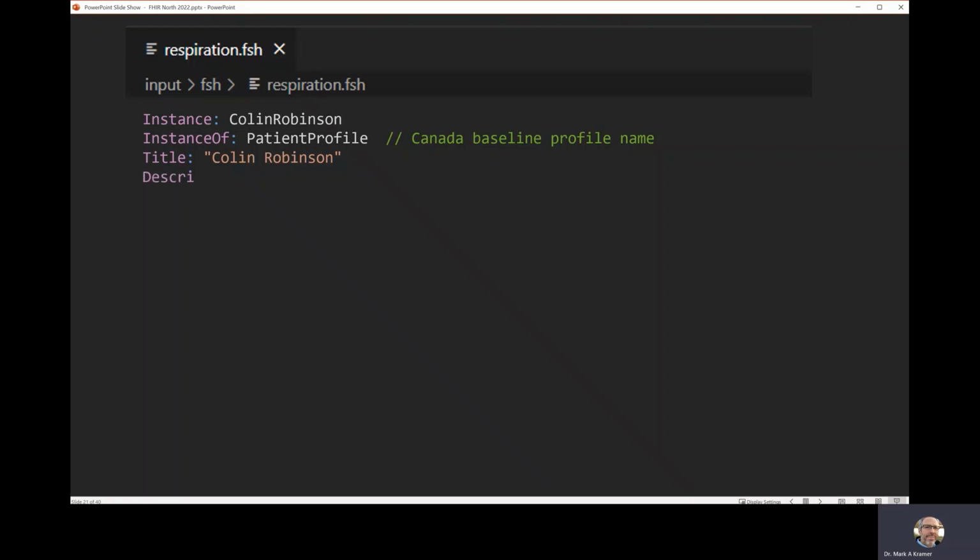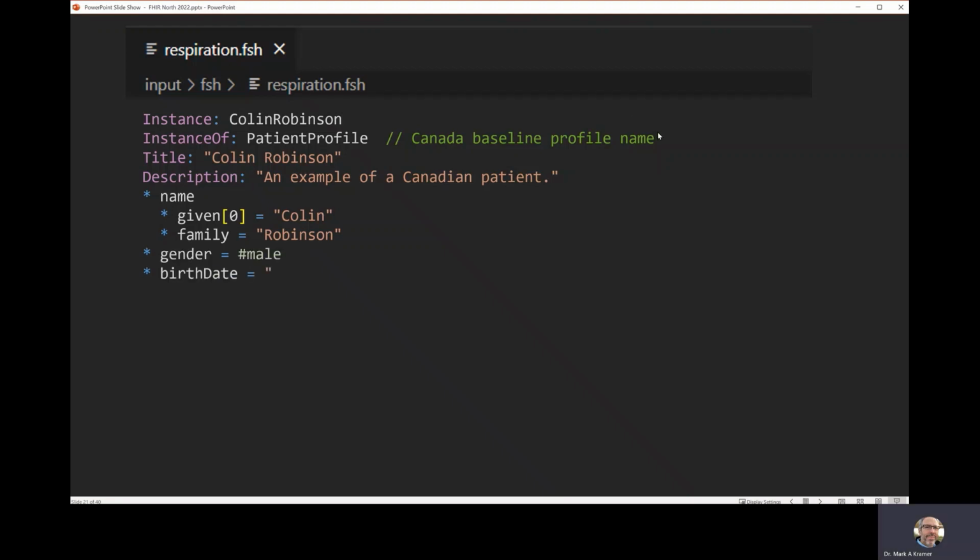We also have a title, a description, and now we'll start populating the instance with some rules. So we'll use the indentation. The first given name is Colin, and you'll notice the zero-based indexing of the array. The family name is Robinson. The gender is male, and the birth date is, let's give him May 12th, 1965. And that's all that's needed for this